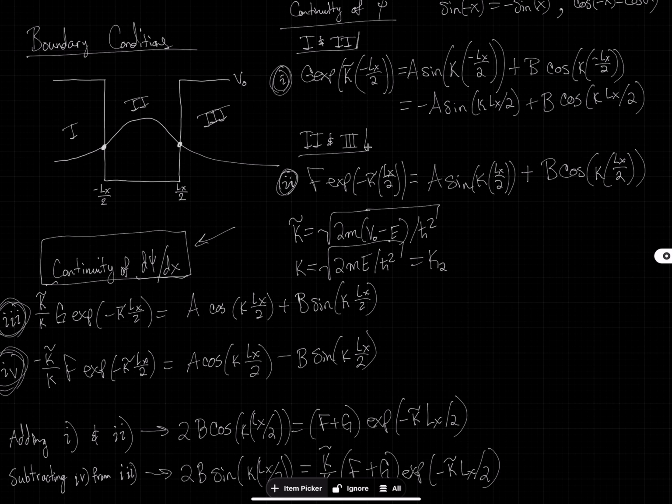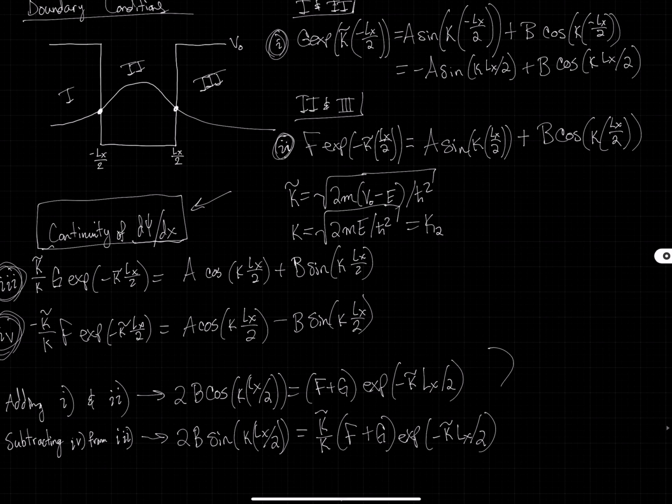You get this f plus g, and our sines cancel out here, and you're only left with these cosines, so you have this 2b out up front. All right, so you do that, and you can do the exact same thing for equations 4 and 5, and you end up with these expressions here. And if you divide these together, what do you get? If I divide this equation here by this equation up here,